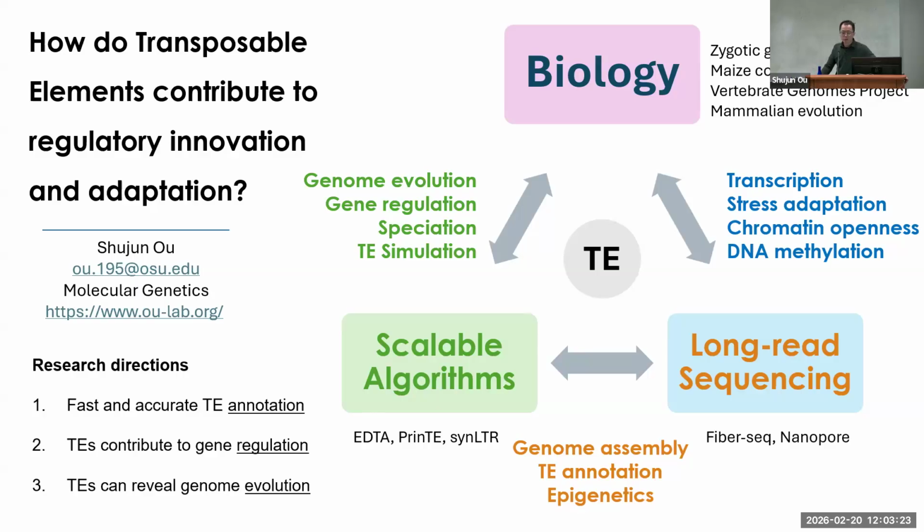And since TEs insert into genomes frequently and get deleted also frequently, how do those events become faithful recorders of genomic evolution, including speciation, regression, and divergence? So we developed many tools, including several for annotating TEs and also analyzing TEs. And we're also adapting new methods like FiberSeq to assess the chromatin openness of the state. All of this development is focused on how we understand biology better, including regulation and